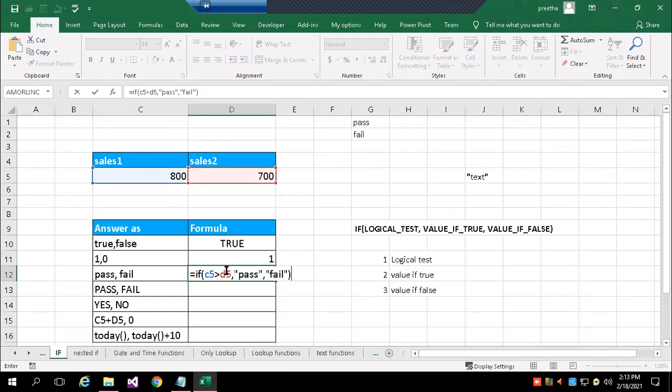Whenever I'm writing text data, I should give it in double quotes. If it is numerical data, you enter it directly. But pass or fail is text data, so I should give it in double quotes. So you can observe the formula. Now I'm getting pass.